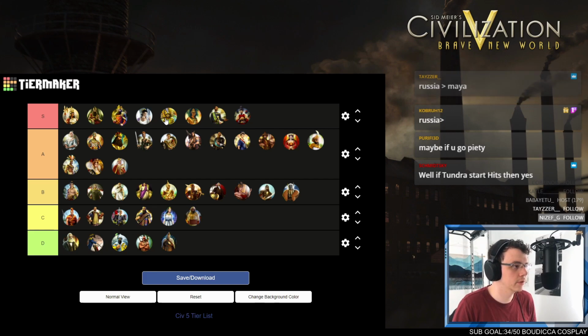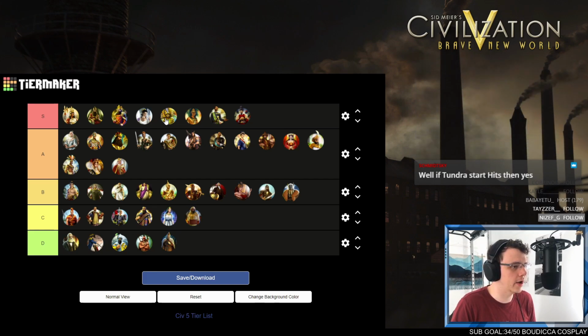But I think an average tundra start, not a bad tundra start, but an average tundra start as Russia is better than all of these sort of SimCity, not god tier, but top tier civs. Even if you only get your strat resources, as long as your strat resources aren't on flat tundra tiles, it's just so good and it comes so early. So I'm pretty alright with